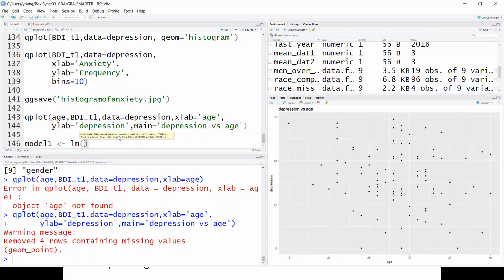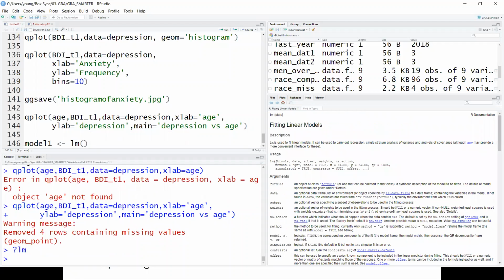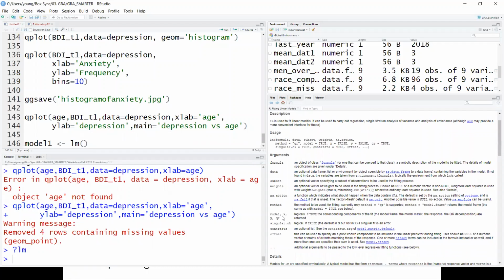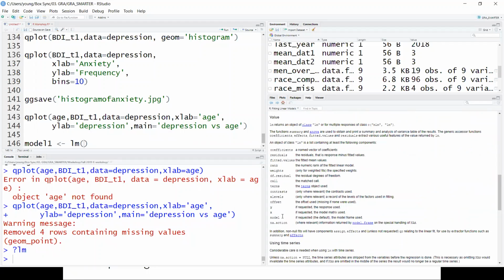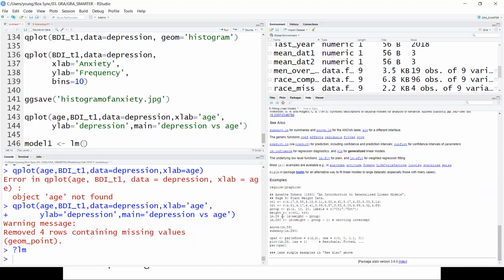The function to fit a linear model is called lm, or linear model. Let's do what we should always do, and look at the help function. The first thing the lm function looks for is a formula. We haven't learned about formulas yet. Formulas are a special kind of object in R. If you go down to the examples, it'll show you. They have tildes in them.